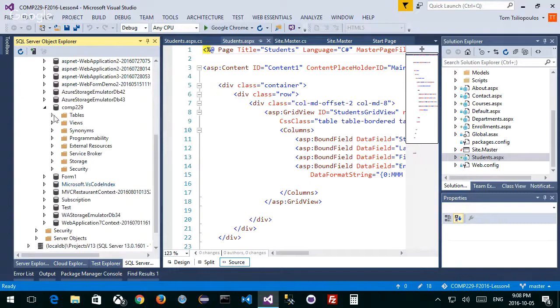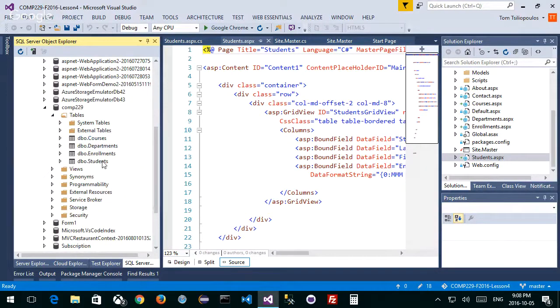If I scroll down, you can see under tables I have the following tables: dbo dot, and then the system type, the database type, and then courses, departments, enrollments, and students. When you create your own database for your game tracker, what tables do you need? You're going to make some tables in the database. The data can't just persist from nowhere. It's got to be contained somewhere, and it's going to be contained in some kind of tables.